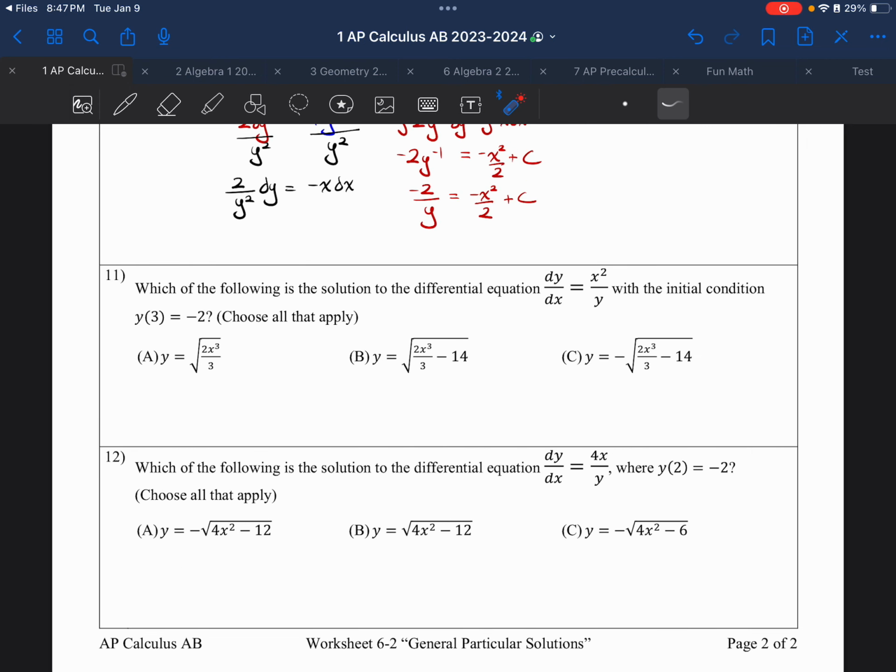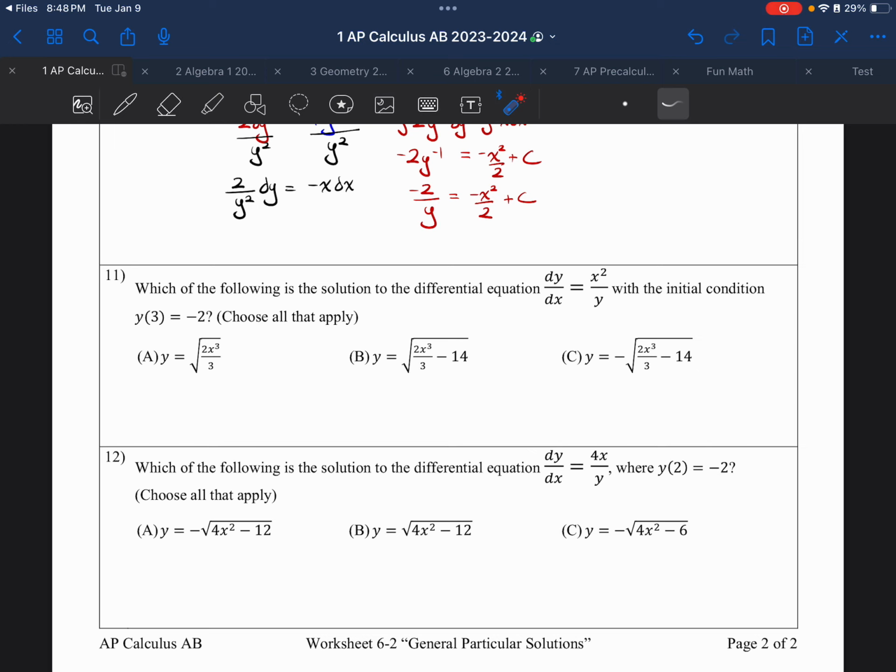Ooh, spicy. Number 11. Which of the following is the solution to the differential equation, and it has an initial condition? Oh my goodness. And number 12, the same type. Okay. This is interesting because number 11 and 12 not only ask you to go a step further and evaluate, but also to isolate. So this is probably the part in the video where I'll say,